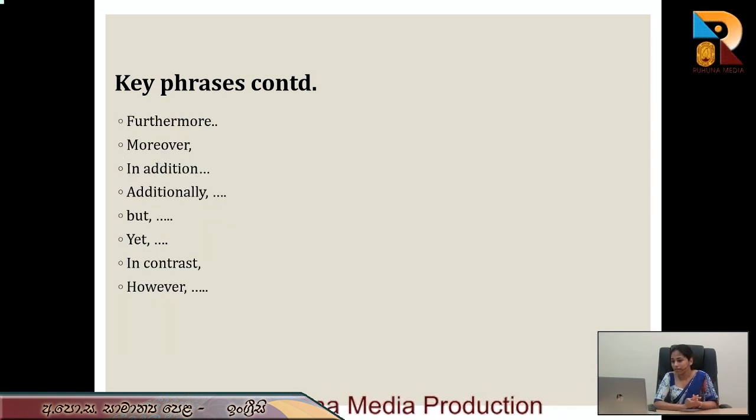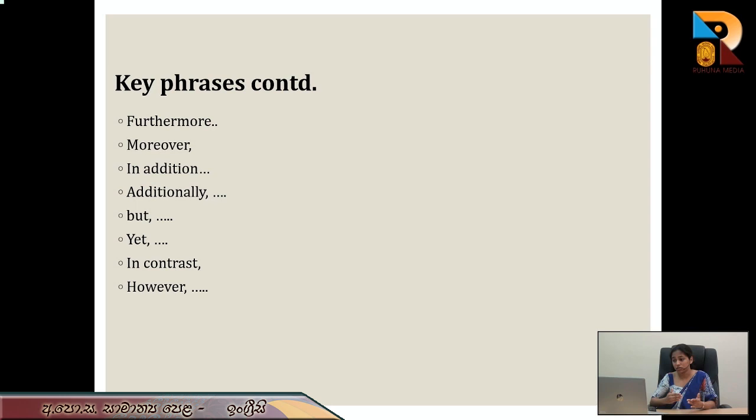Right. Now, here, these are the conjunctions and linking words that you could generally use in whatever kind of writing that you do. This is basically to maintain coherence and cohesion between the lines and the paragraphs, right? Now, if you want to add something to what you have said earlier, you could continue saying words like furthermore, moreover, in addition, and also. If you want to contradict or differ from what you have said earlier, you could start with words like in contrast, however, but, yet, right?